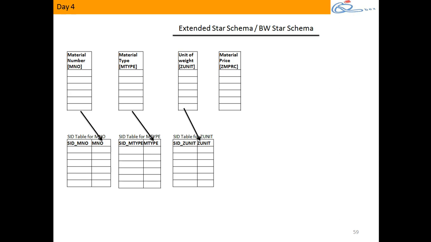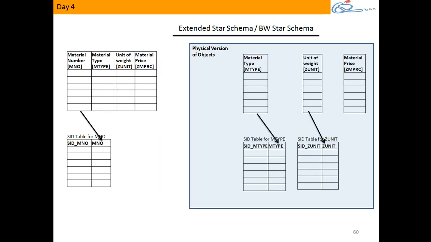Look now. If I model metal type, unit, price as attributes of metal number, what will happen now? Look, this is what I've done for the physical version of metal number. For the physical version of metal number, I have formulated the attribute table by using metal type, unit and price as attributes. Okay, so these three are still like that. When I use metal type as an attribute, I am only using the logical definition of that column.